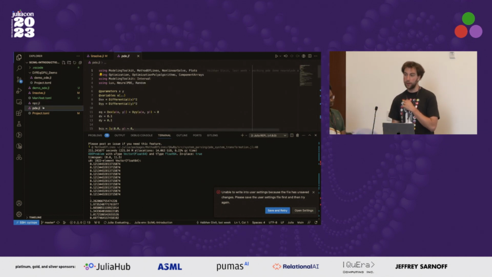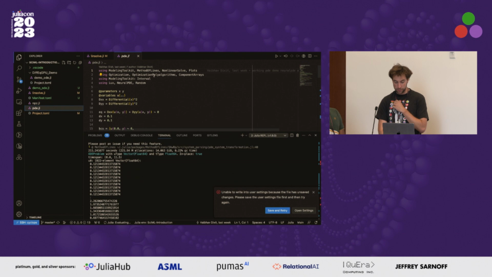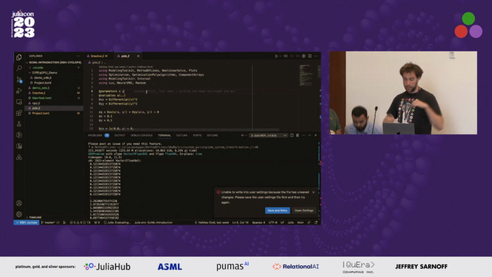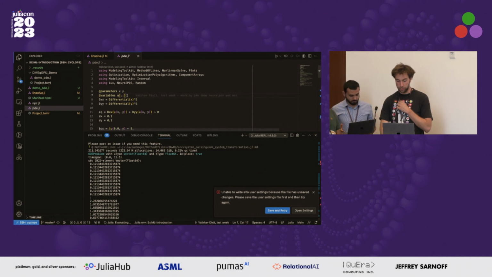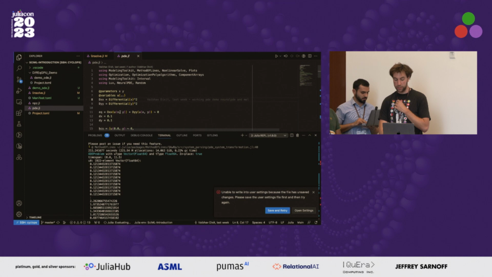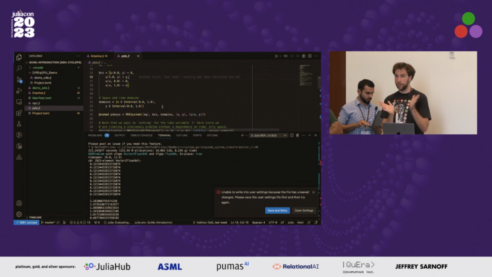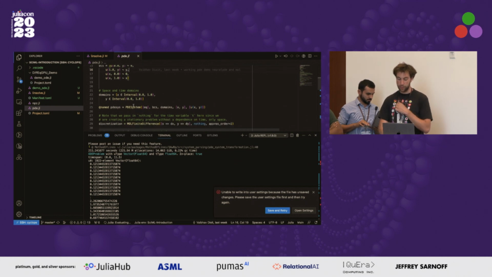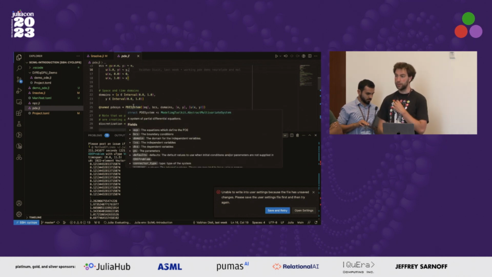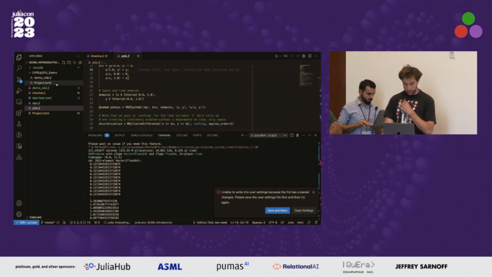You can do a very similar thing to create a partial differential equation. So here we have x and y, basically like a space. We create a variable u, the second derivative with x and y, and then we create an equation, which is the xx, so the two derivatives with respect to x and y. If you add them, you get 0. And then you set your boundary conditions, your domain, so where the model is, and then in the end, you can combine everything into a partial differential equation system. And then finally, we're showing off